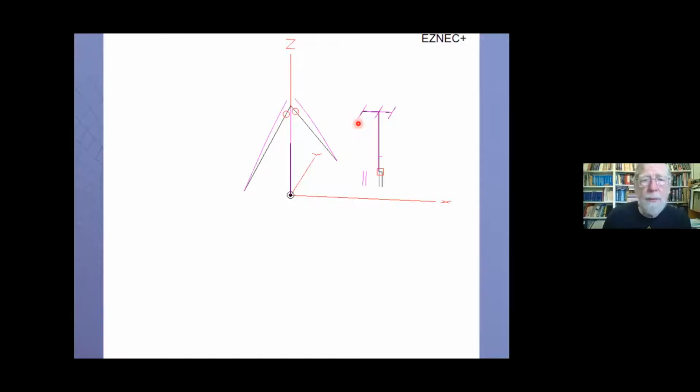Now, this is a kind of a difficult talk to make, and I actually hesitated giving talks on antenna modeling, especially antenna modeling with EZNEC, for quite some time. And the problem is that when I first started doing these, I gave a very simple talk, and it essentially was like this, which just told people a little bit about what antenna modeling could do. And I left it at that. And now, many years later,